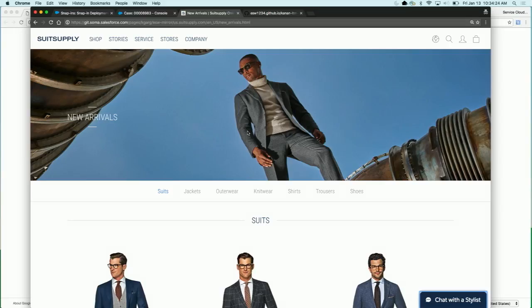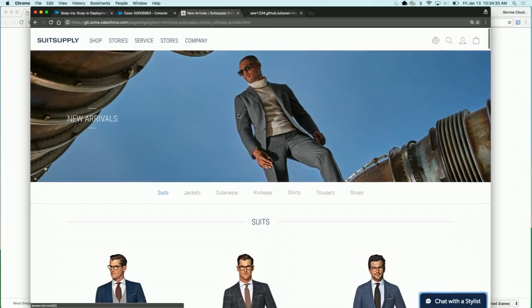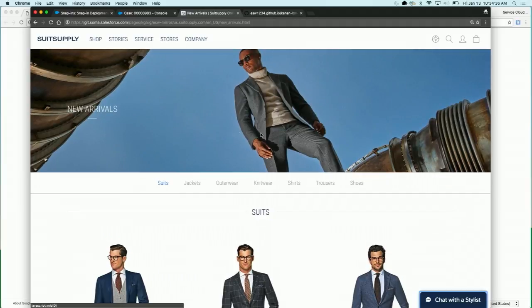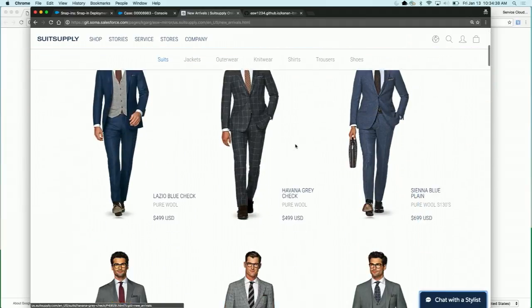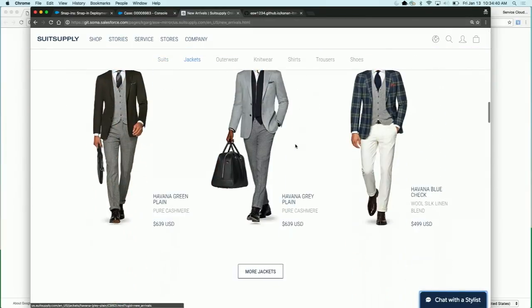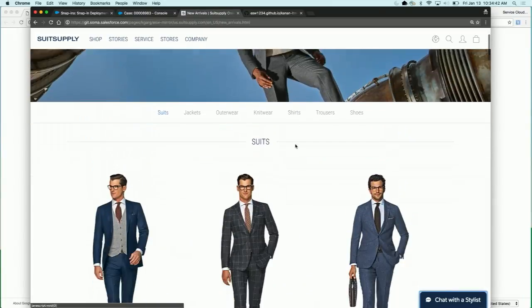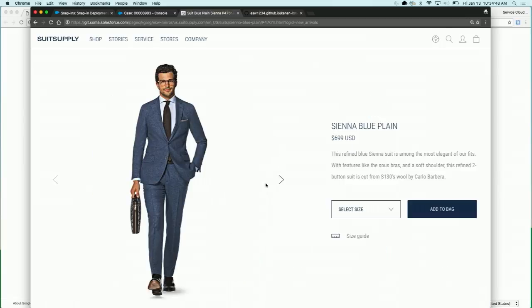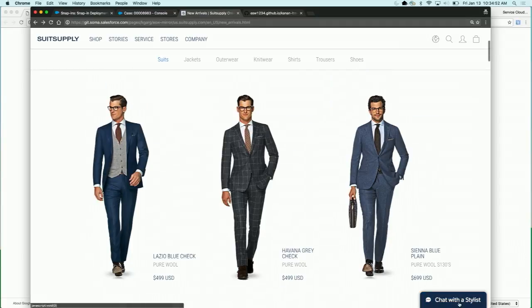Imagine you're a user shopping around for suits, and you come to this really cool looking site called Suit Supply. They're actually our customer right now. They've gone live with our product. So you're looking at their suits, you like them, but you're not sure because there are so many of them. You kind of like the blue suit, and you look at it, but you're not sure about the size, so you go back, and then this is the widget